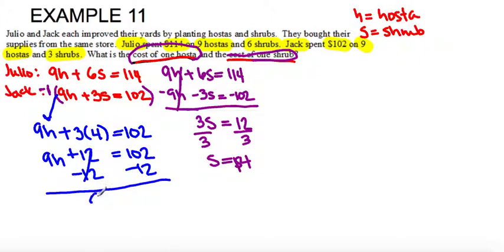So I have 9H equals 90. Let's get H by itself, divide by 9. So H equals $10 as the cost of 1 hosta. So those are my 2